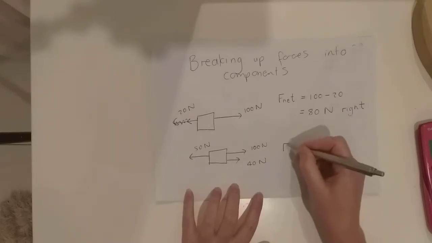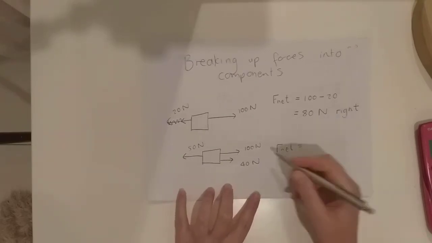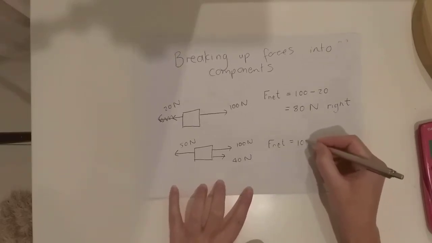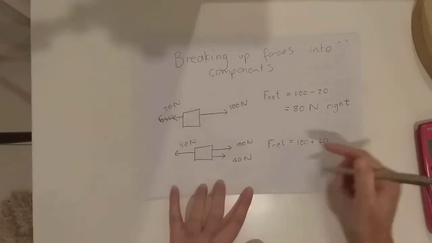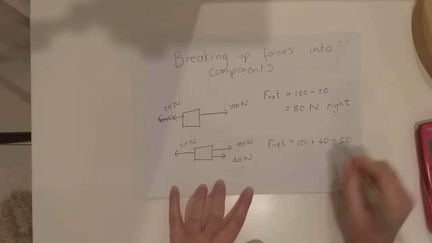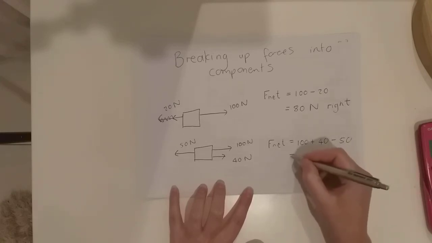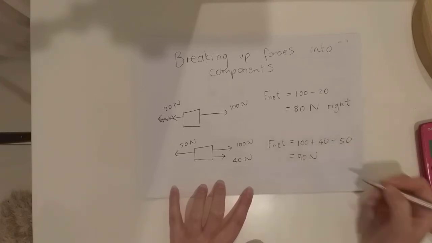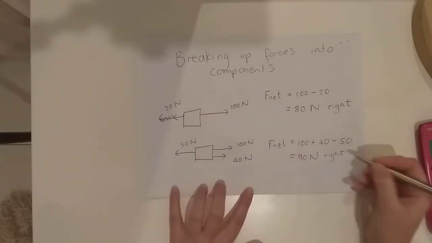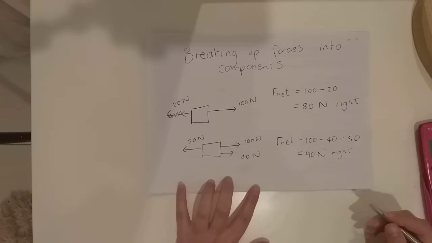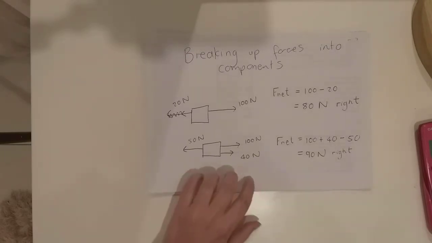So for this one, if the forces are acting in the same direction, I add them together. So I would say 100 plus the 40. Then this one is acting in the opposite direction, so I minus that. So it gives me 140 minus the 50, which gives me 90 newtons. And again, the bigger force is to the right, so the overall force is to the right. So ultimately what this means is this box will end up moving with a force of 90 newtons to the